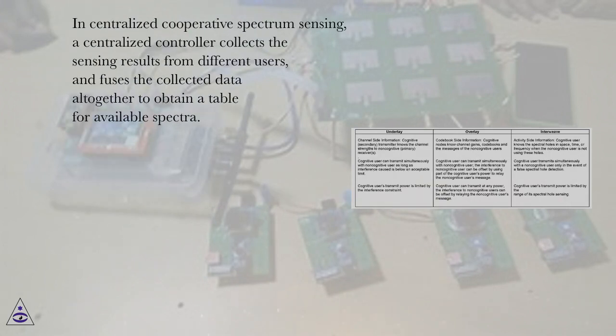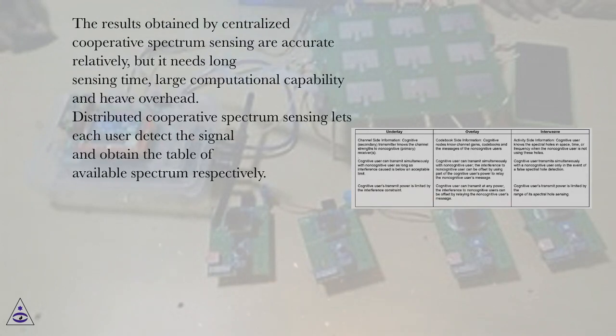In centralized cooperative spectrum sensing, a centralized controller collects the sensing results from different users, and fuses the collected data all together to obtain a table for available spectra. The results obtained by centralized cooperative spectrum sensing are relatively accurate, but it needs long sensing time, large computational capability